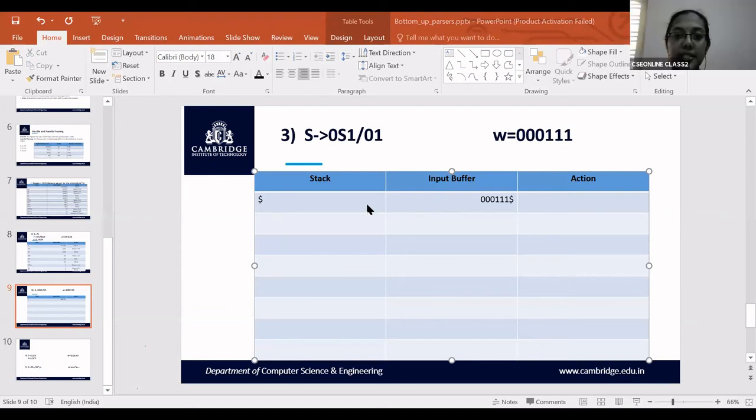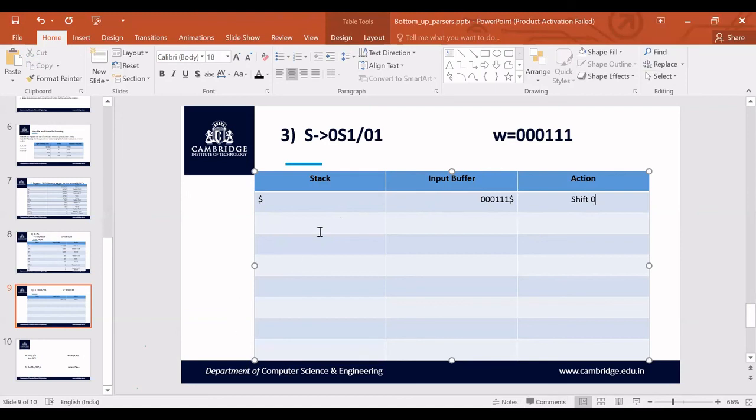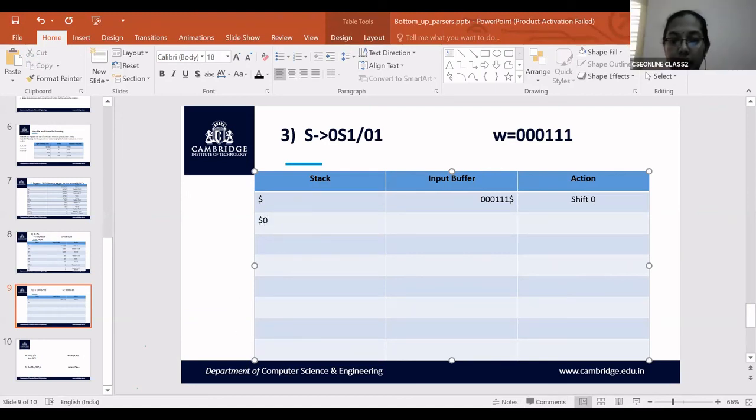Since the stack is empty, you have to shift one of the symbols from the input buffer onto the stack. So which is the symbol that is present? Shift 0. So dollar followed by 0, and your input buffer will have 0, 0, 1, 1, 1 and end with dollar.